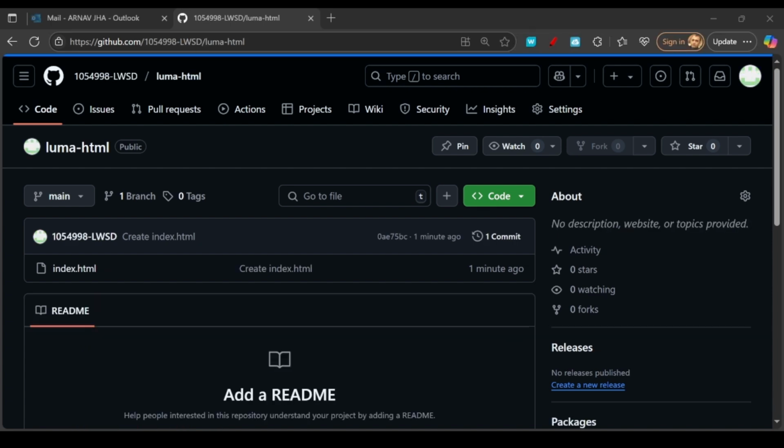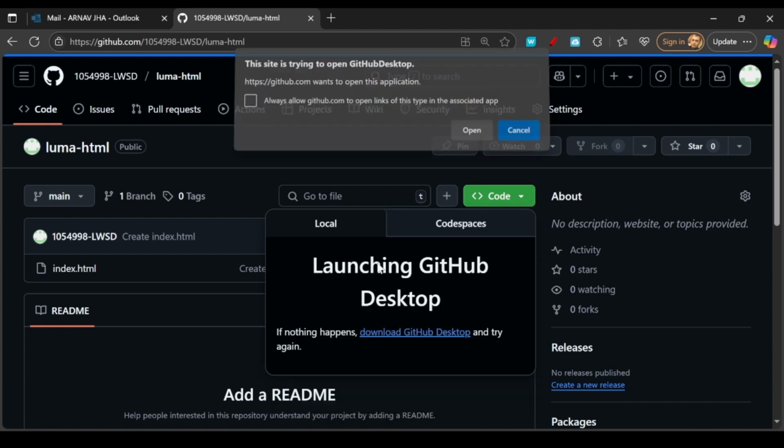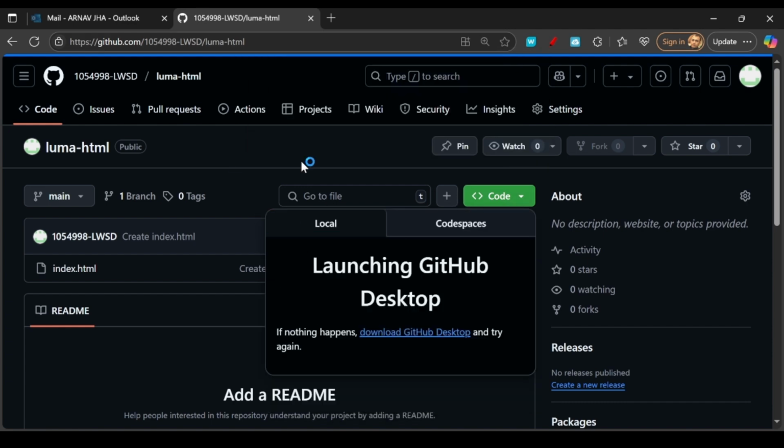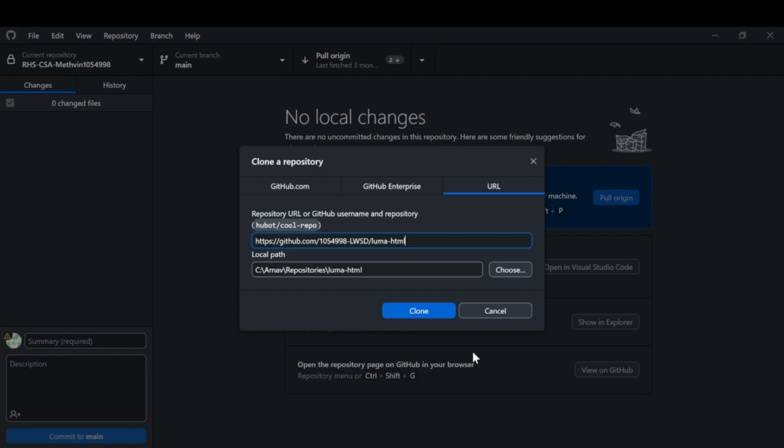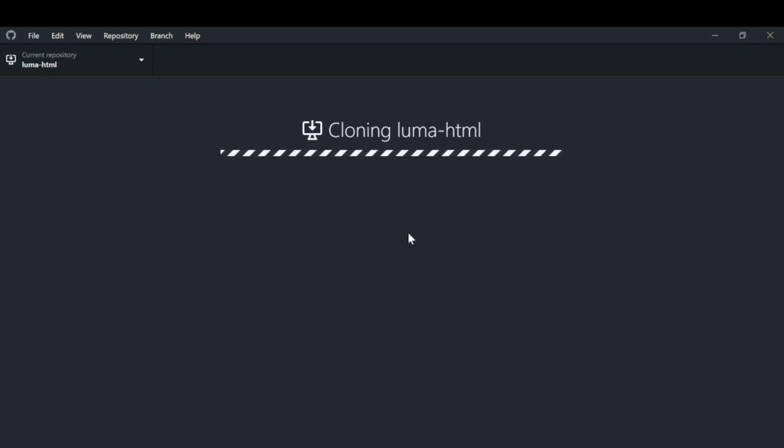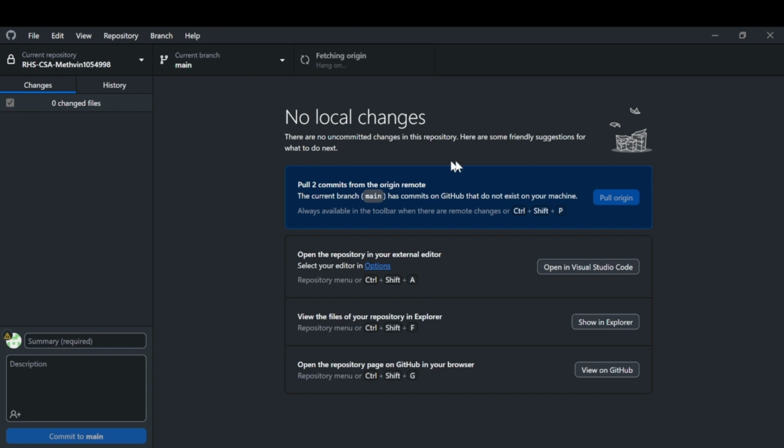Once you have GitHub Desktop fully downloaded, you can now just hit this and hit open with GitHub Desktop. So once you open this, GitHub Desktop will now launch, and then it'll show you if you want to clone a repository. And then once you hit clone, it will actually create this on your computer. There will now be a file. So what you can do at this point,